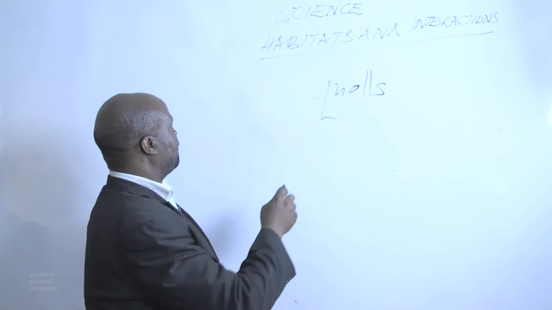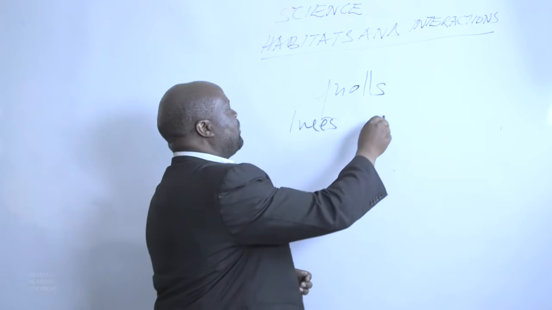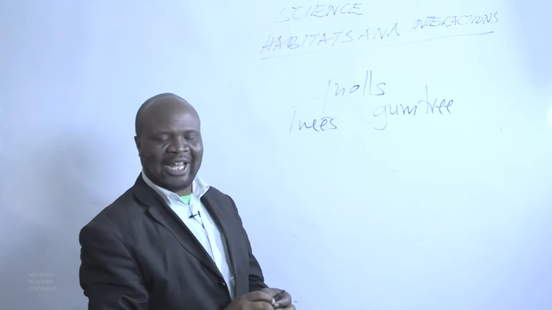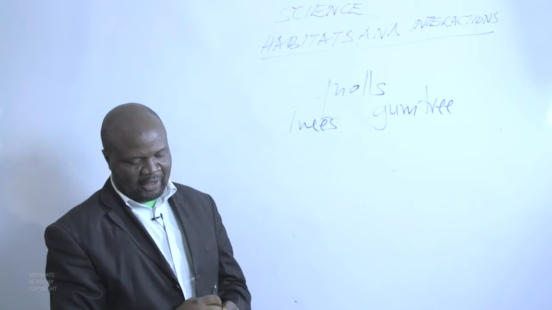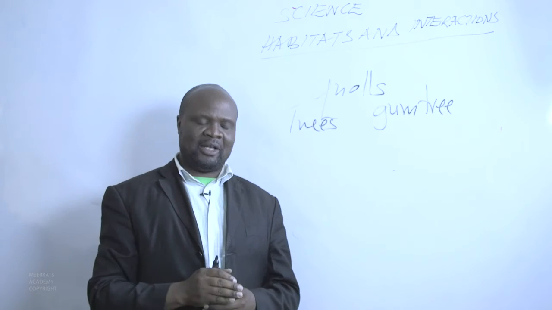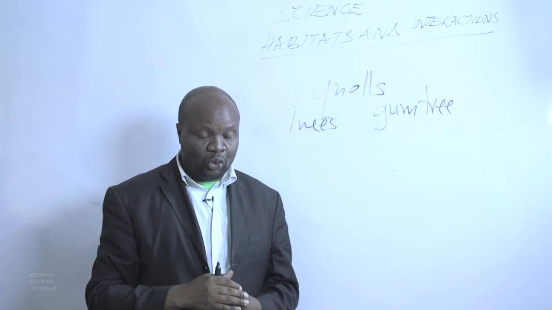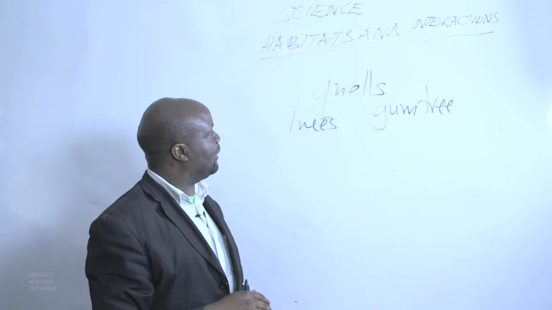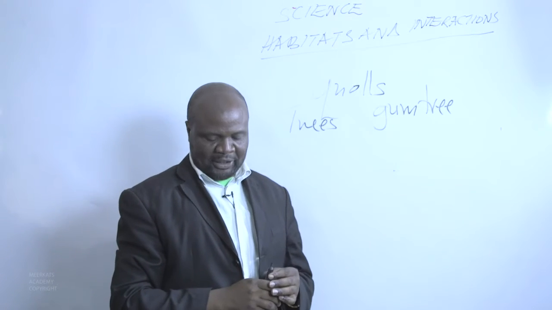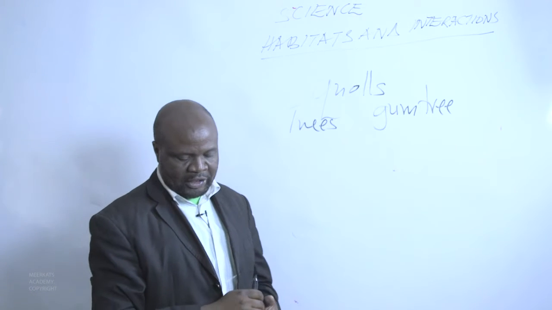We can get an example of trees. For instance, we have trees like the gum tree, the one we call eucalyptus. When we talk of the gum tree, it is also well adapted. We normally have forest fires. And when the fires break out, they can burn these trees and they lose all the leaves. But one funny thing with the gum tree, we are told they have buds that are buried deep in the trunk or in the stem, to the extent that the heat that is burning the tree will not destroy them.